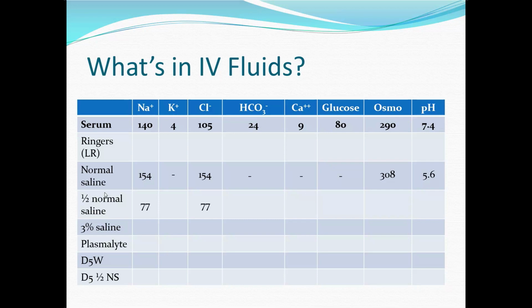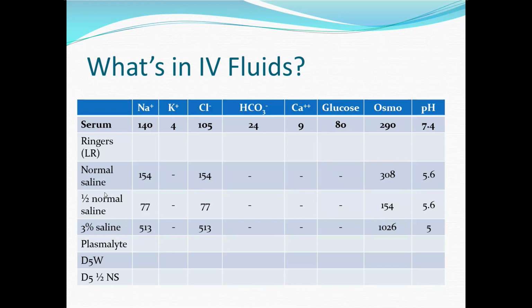And then, of course, half normal saline is exactly half that. So everything is cut in half except the pH remains the same. 3% saline, okay, so normal saline is 0.9%, so we can just do the math to multiply it out to see how much sodium and chloride, and of course the osmolarity is much higher, and the pH is even a little bit lower now. So this is typically used either in